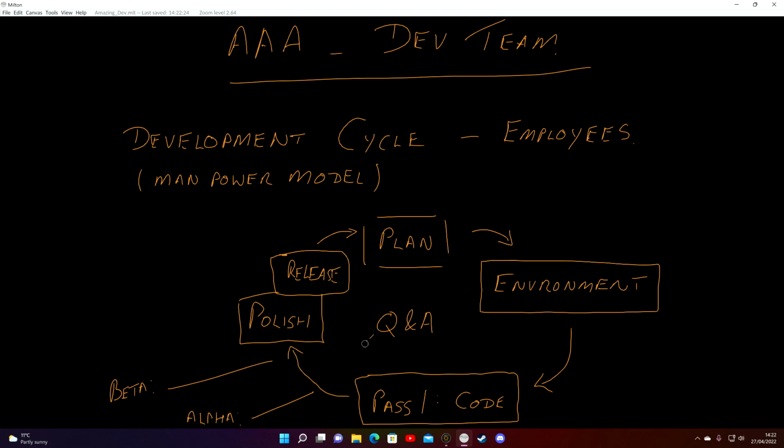So I'm going to put a little dotted line, because I disagree with them on that one. They actually put it in the cycle. It shouldn't be. Q&A is every single part. Even your plan should be Q&A. Q&A is quality and assurance, not questions and answers. Quality and assurance checks to see what you are doing is correct.